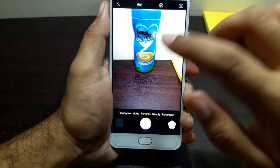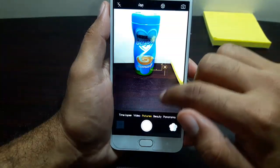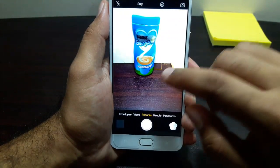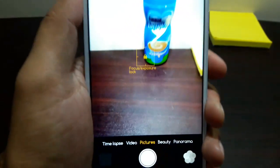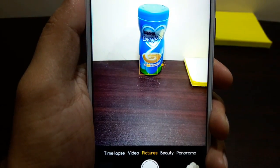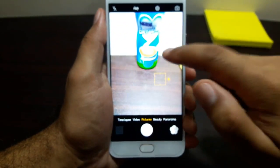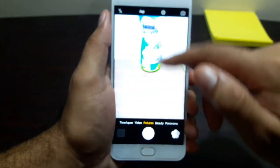So you can basically touch the screen to focus, and then you can just slide on this slider to change the amount of light in your photos, change the brightness basically. And then you can long press to lock the focus. Once you long press on it and it locks the focus, you'll see this lock button appear in the focus, and then you touch somewhere else and it loses focus, and then you can slide and you can really